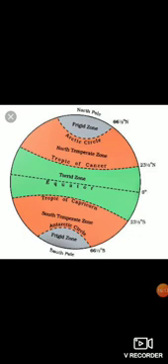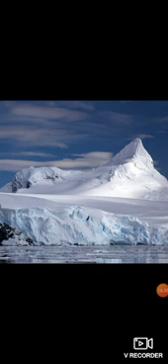We are first going to look at the frigid zone. The frigid zone lies between the Arctic Circle and the North Pole in the northern hemisphere, as you can see in the picture, and in the southern hemisphere it lies between the Antarctic Circle and the South Pole. Now, what does frigid mean? Frigid actually means cold, and all these places in the frigid zone are usually covered with snow throughout the year. That is because the sun's rays are slanting, and by the time they reach these poles, they are too far away from the sun, so they are literally cold.